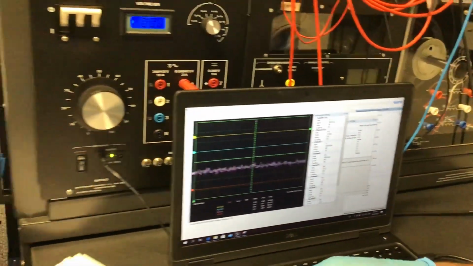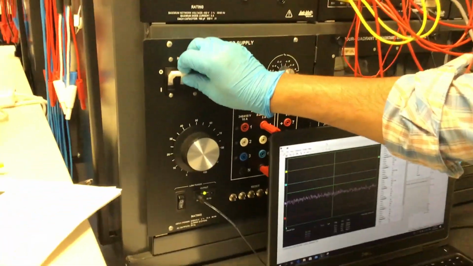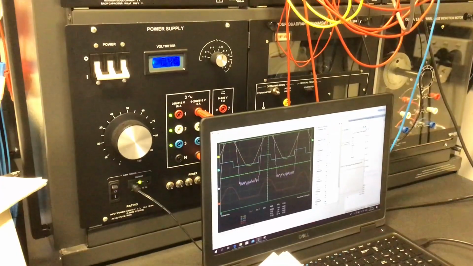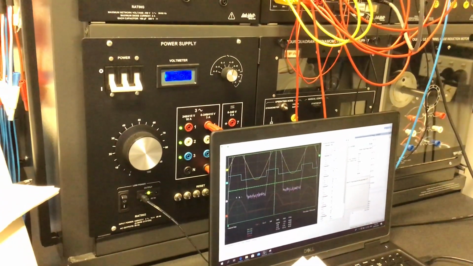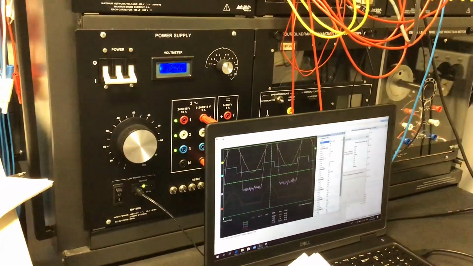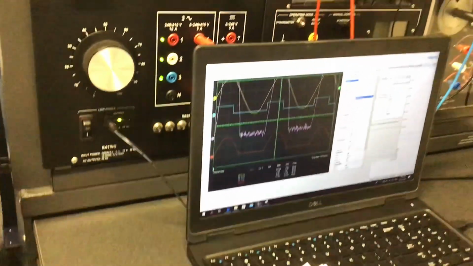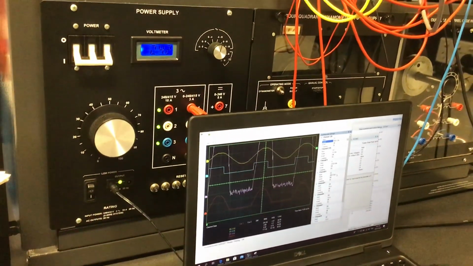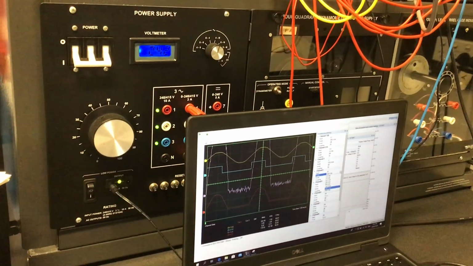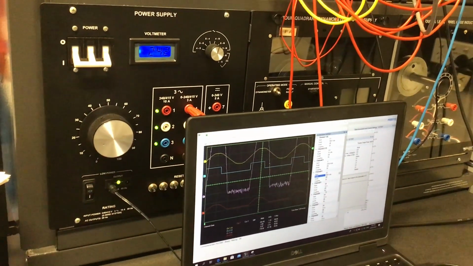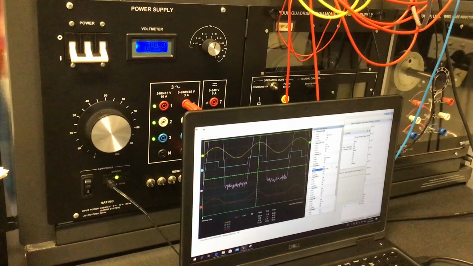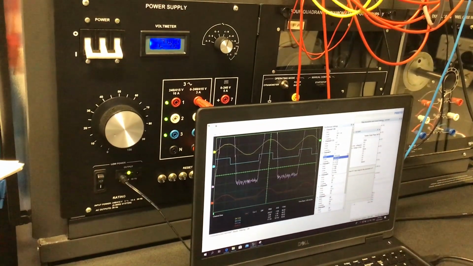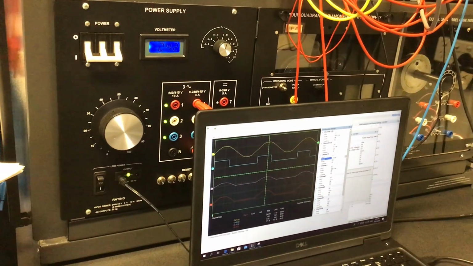If we turn it on, we can see this. Maybe we can scale this one. Number 3 we can make 500, and number 4 we can make 1 ampere. That's good.